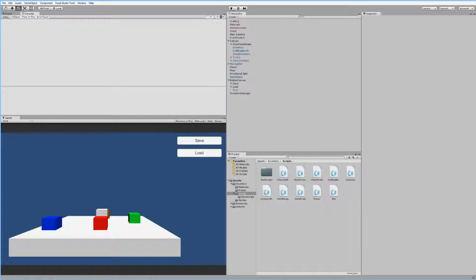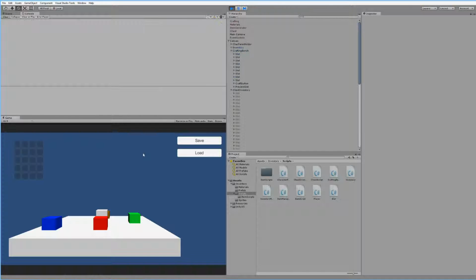Let's see. If we run our game now, open up the slots, inventory, we should be able to take something and place it inside the chest now, as you can see. And as you will see, if I move away here, I move back in and press E, the chest is empty. And that's what we're going to have a look at in the next part of this tutorial here,